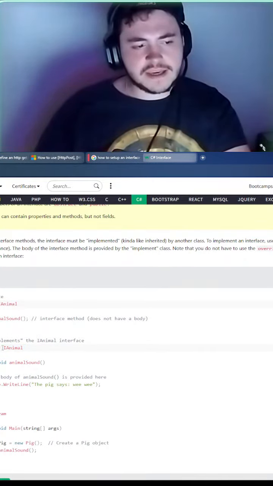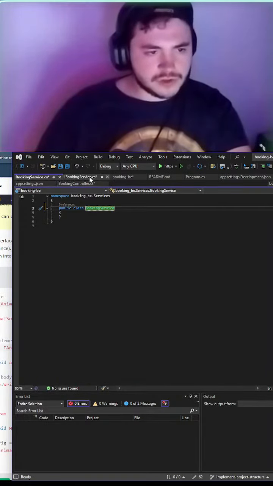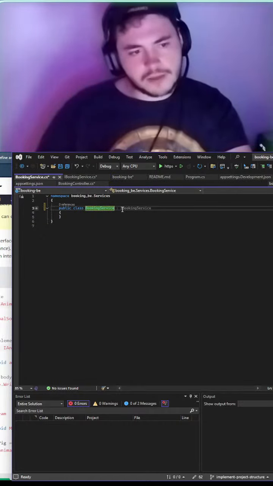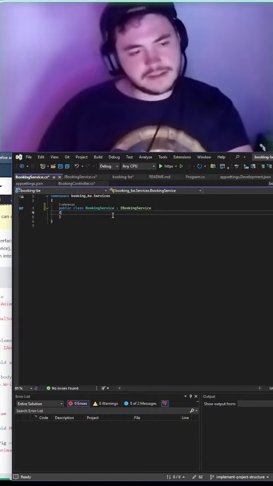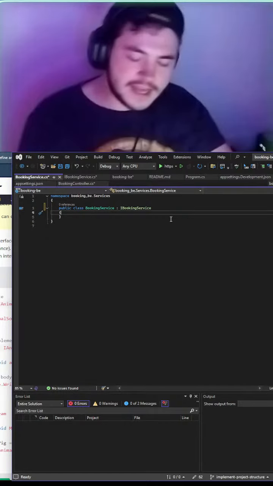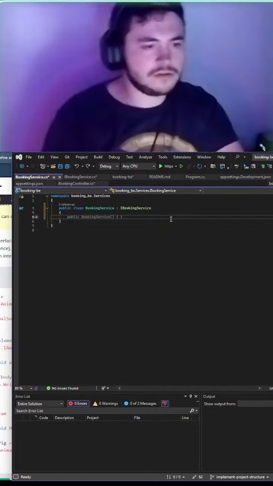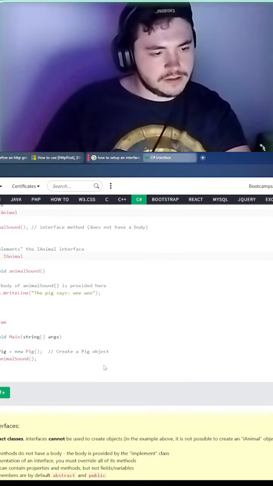So this pig is now extended by IAnimal. So if I want to do that, I need to copy this interface, and go to our booking service and do that. That was ridiculously easy. Just sounded like Mike Tyson over there, damn. Okay, so let's do this.